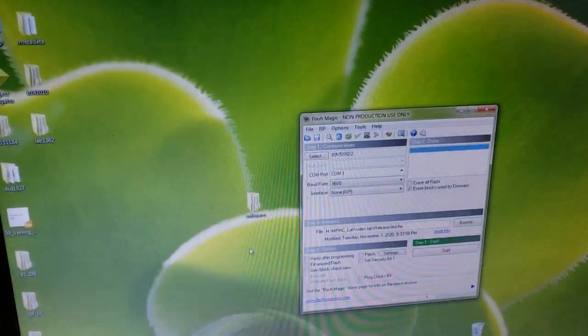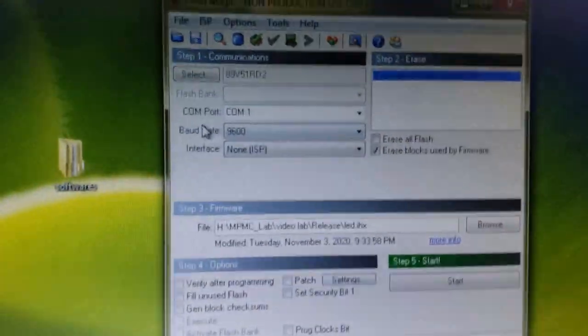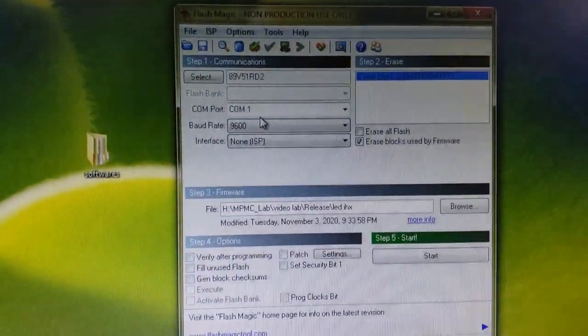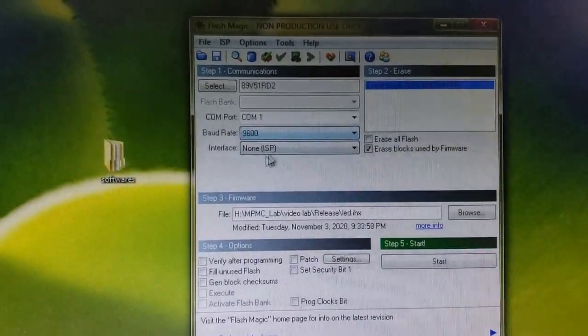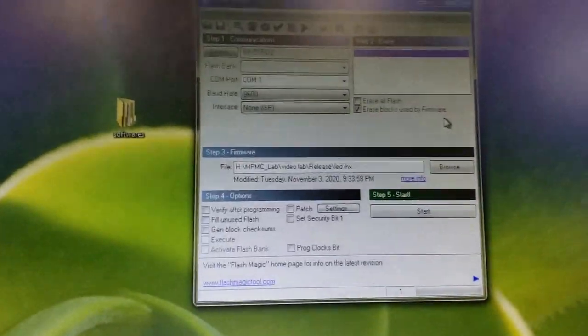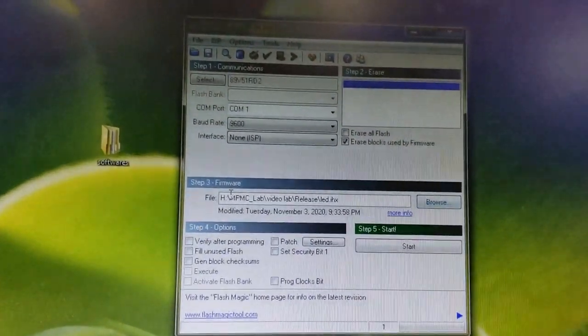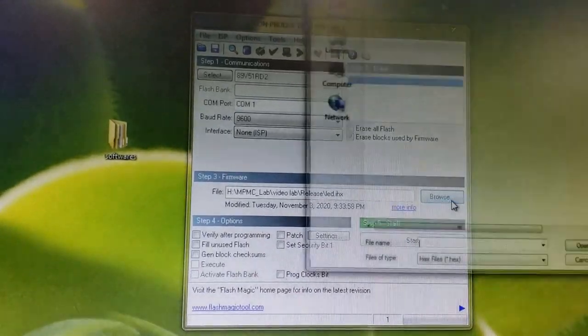There are 4 steps here. Step 1, select the variant of your microcontroller, 89V51RD2, and the COM port which we are using is the serial port, so COM1. Baud rate is 9600, interface non-ISP. Step 2 is erase blocks used by firmware. Step 3 is our file location, which we need to provide.